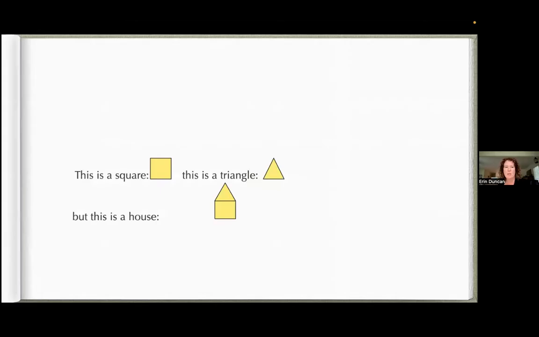Remember when we met the first time, I talked about this, and that kids actually have a pretty easy time with the logic required to work with this in a sound to print approach. They already build their art with multiple shapes, right? So this is a square and this is a triangle, but they build art like houses out of those pieces, right? So they have no trouble with this logic whatsoever. And we just need to show them how the same logic applies to the written code. And the lessons are laid out to do that very carefully.